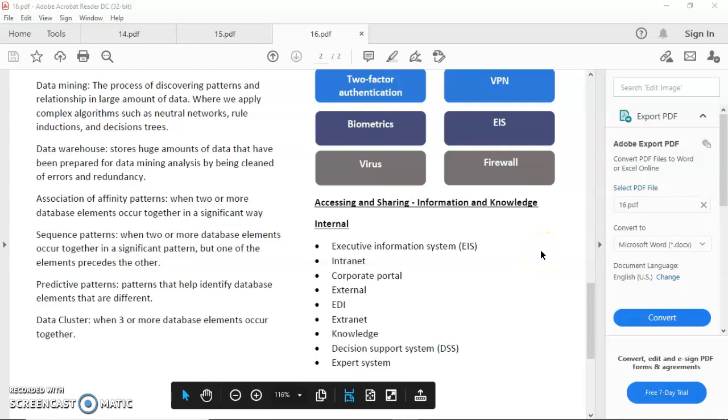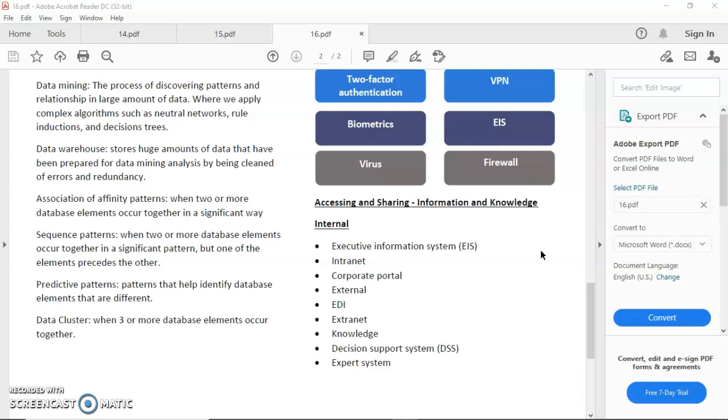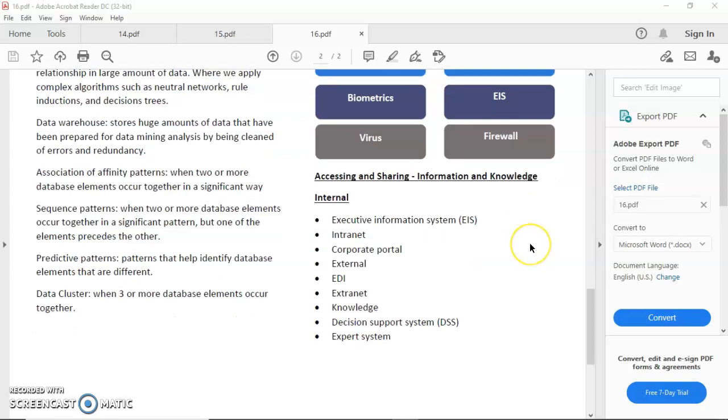So we need to access and share the information. So the information and knowledge, that is internal. So internal, we have the executive information system, corporate portal, intranet. And for the external, we have EDI, external